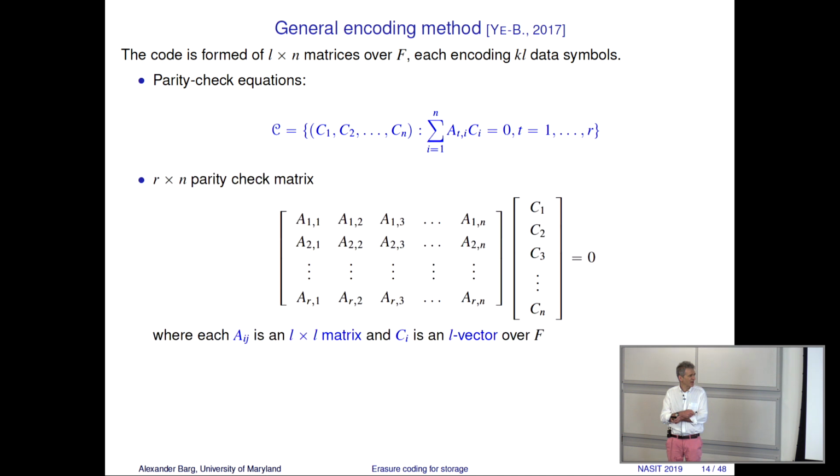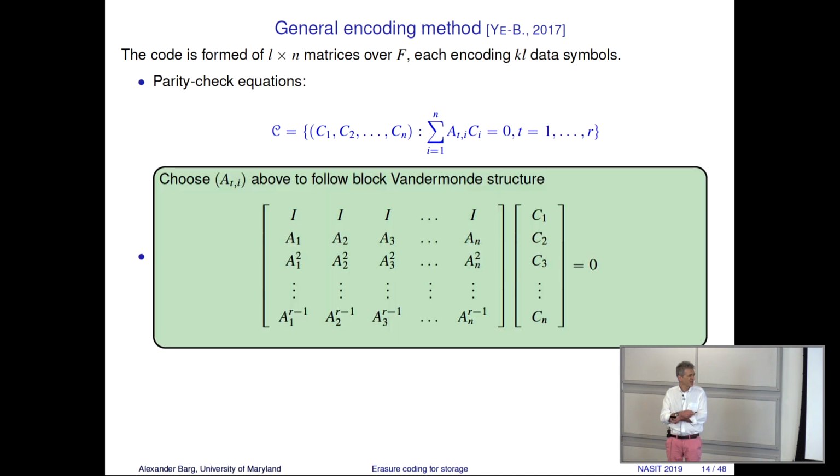What we shall do, we will follow the Reed-Solomon intuition. We will construct this block-Vandermonde structure, and it remains to define the matrices. Why Vandermonde? Well, because that's what Reed-Solomon codes have in this scalar case. So this is the first thing to try if you try to extend this to matrices. And if you are able to figure out what the A's should be for optimal repair, then the construction is in place.